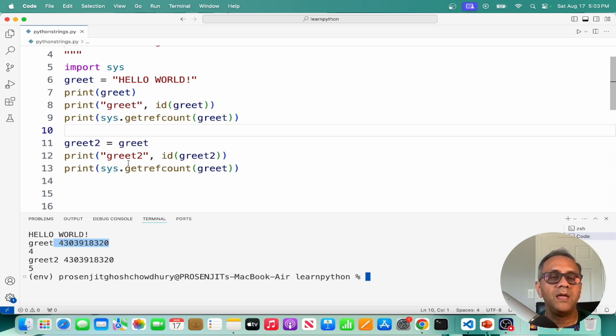When I make a copy, it points to the same object in the memory. And also you see the reference count was 4, now it has increased to 5. 4 plus 1, 5. Now let's create a new variable grid3, and we are also setting the exactly same text